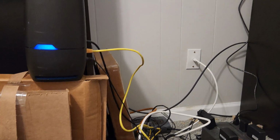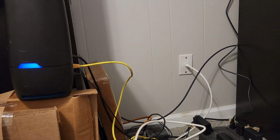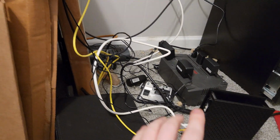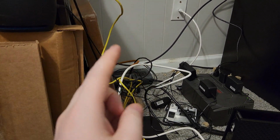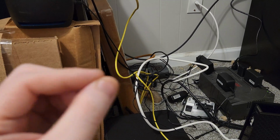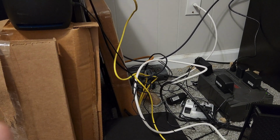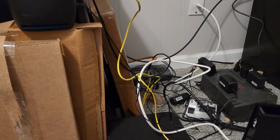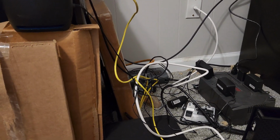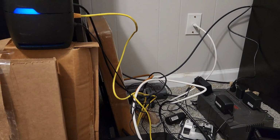Alright, ladies and gentlemen, let me know something. Should I keep either Spectrum internet for a gig for $55, or should I keep the T-Mobile Home internet for $40? Well, the $40 also came with, let me show you,